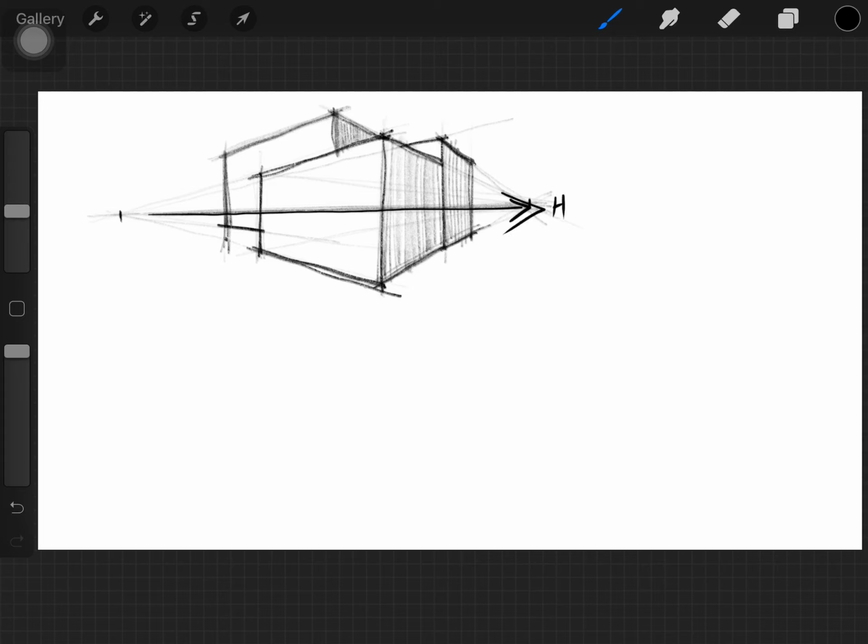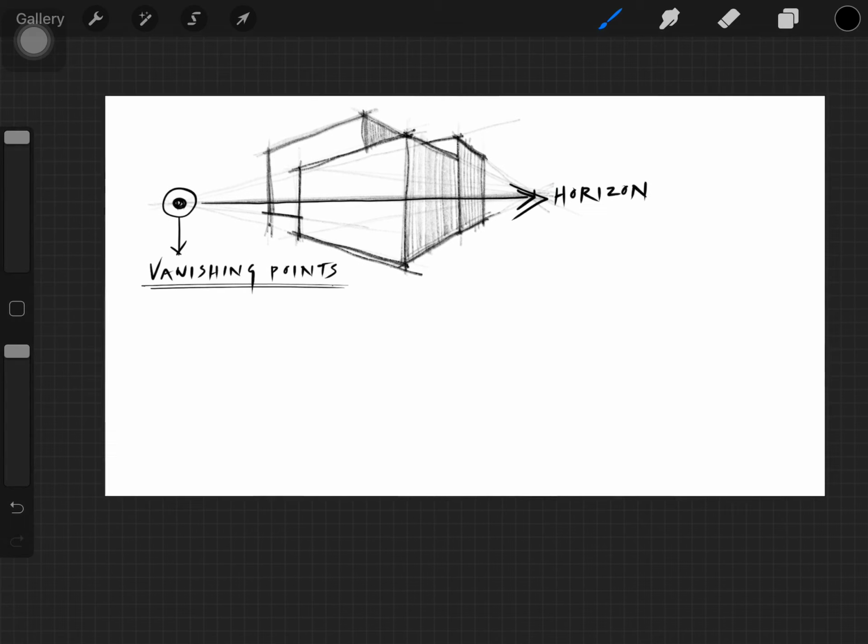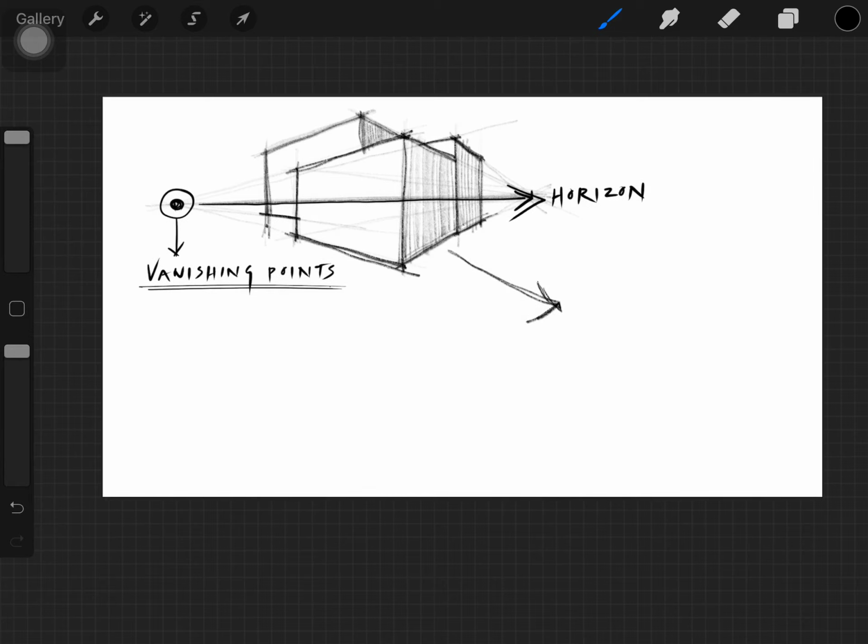I'm going to talk about the concepts behind the horizon line and the vanishing points, which are kind of the key elements which decide how a perspective view is going to be. Just because perspective drawings can become really complex to understand, I'm going to start off my tutorial with a basic shape, which is a cuboid, for understanding how perspective works with this.